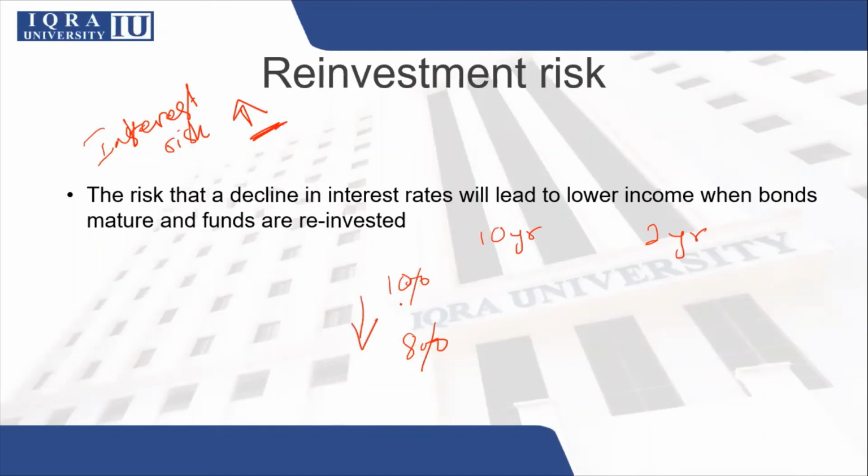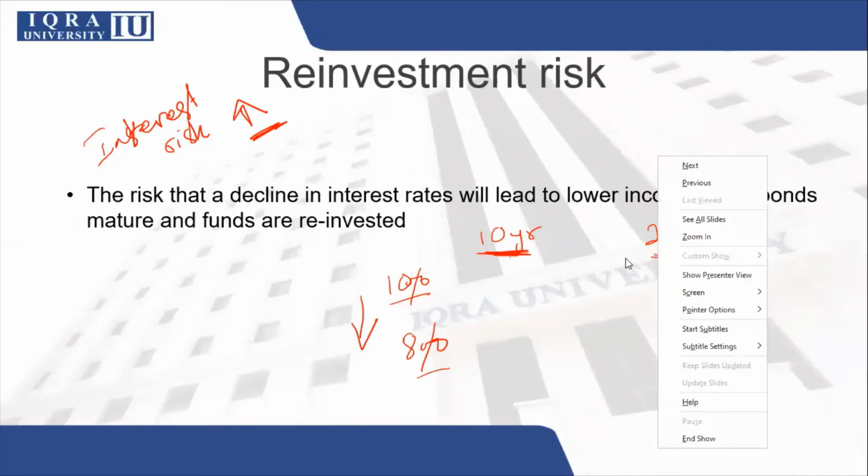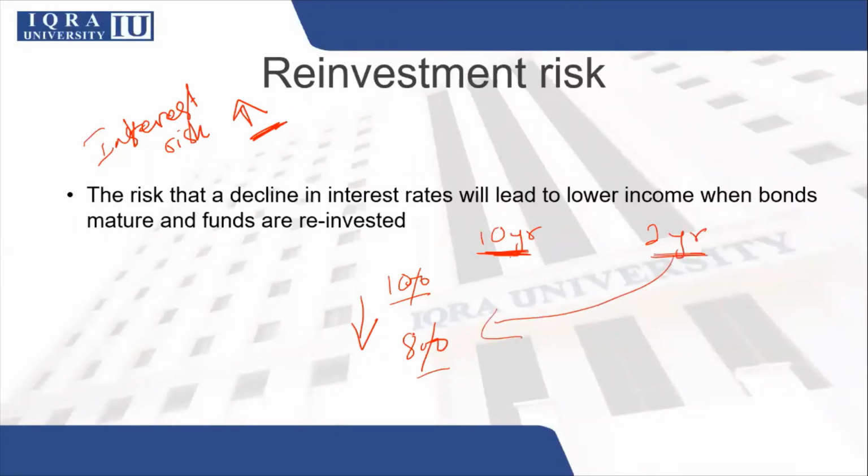So if the interest rate declines from 10% to 8%, now as an investor, if you have the 10-year bond, you are going to be happy because you're going to get the 10% rate for the next 10 years. But the investor who has the 2-year bond, his investment is going to end in 2 years' time, and he will have to now invest at the lower rate of 8%. So basically, it is related to your reinvestment. If you're reinvesting and you get a lower rate, that is your reinvestment risk. And obviously, it is going to be lower for short-term securities and even securities that are